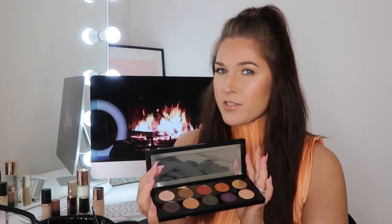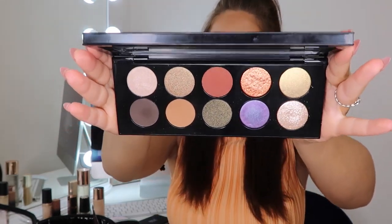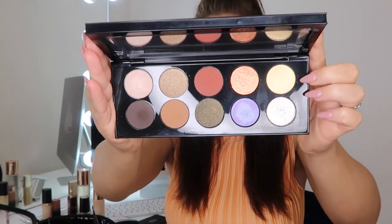But this is it here. The back of it solid gold, front of it black with the gold detailing here. Super heavy. You could really do some damage on somebody with this. But this is the palette itself. This is my first and only Pat McGrath Labs eyeshadow palette. I adore it. I did a lot of research and this is probably the best one